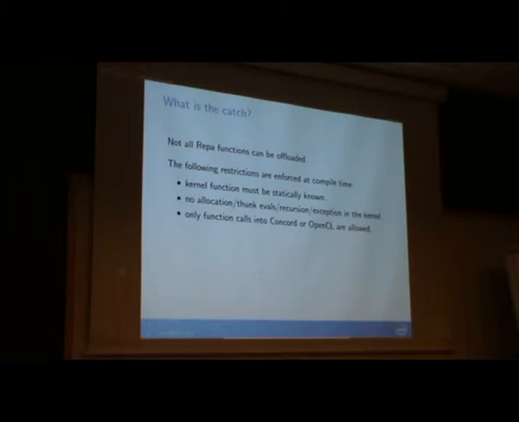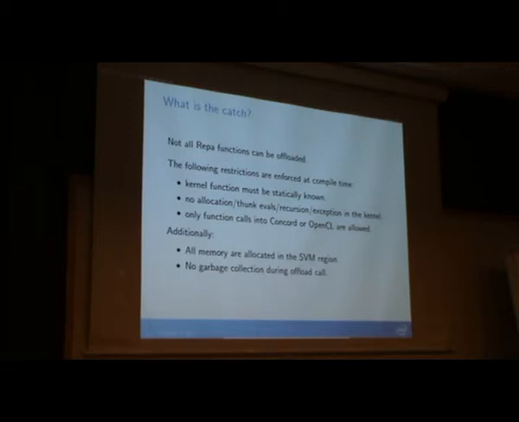Some other limitations: we don't allow any memory allocation. We don't allow any thunk evals, like lazy evaluation. We don't do recursion. We don't do exceptions. A lot of restrictions. It may seem